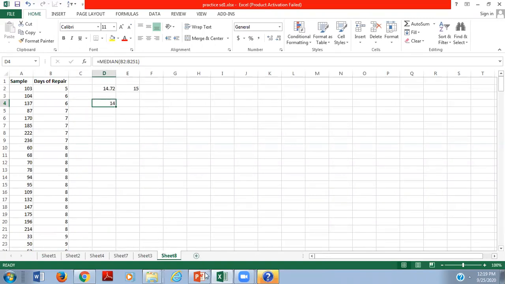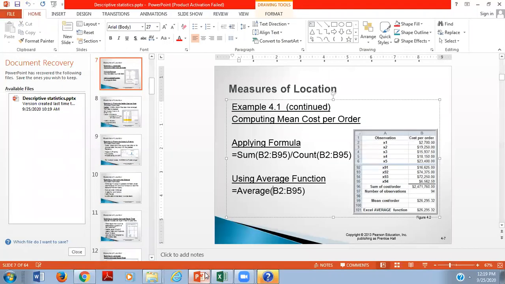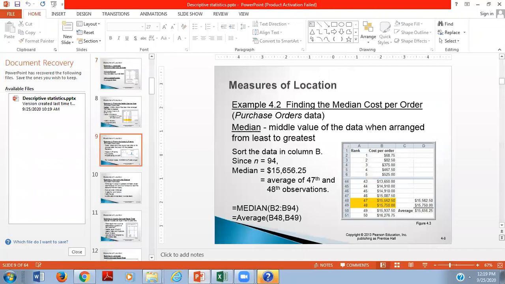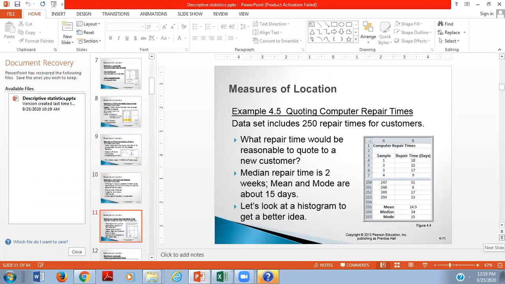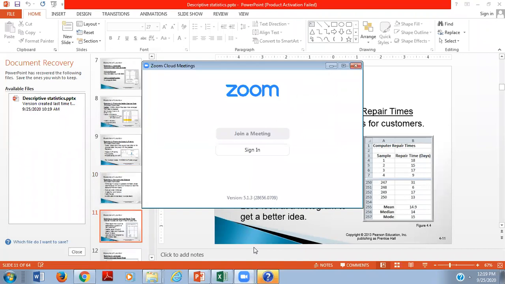What exactly does it mean here? That is in your PPT. Right, what does it show here?